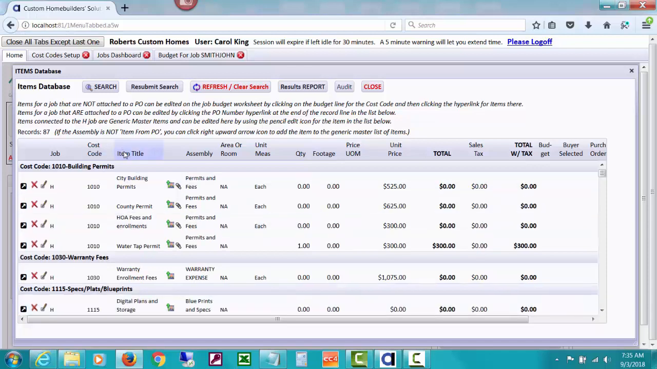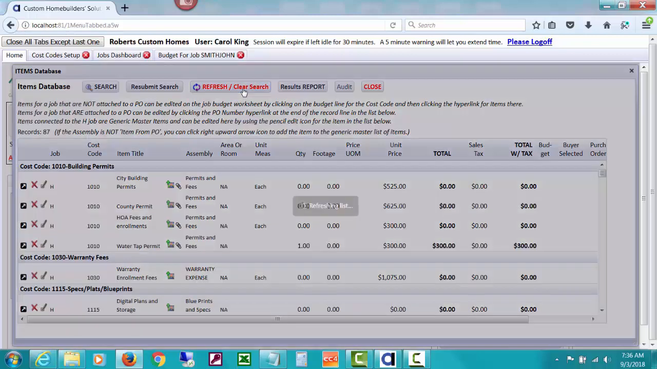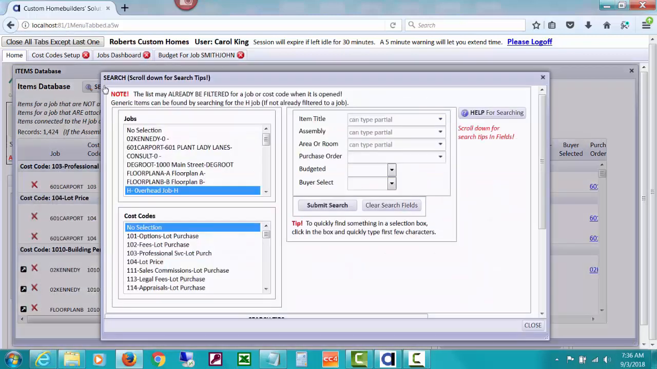And you can see the item title, the item assembly, and if it's a generic item, the area or room will always be NA. You set items to be in different rooms and areas when you're working on purchase orders and budgets. So if I refresh and bring back all of this, and let's just clear this search field,